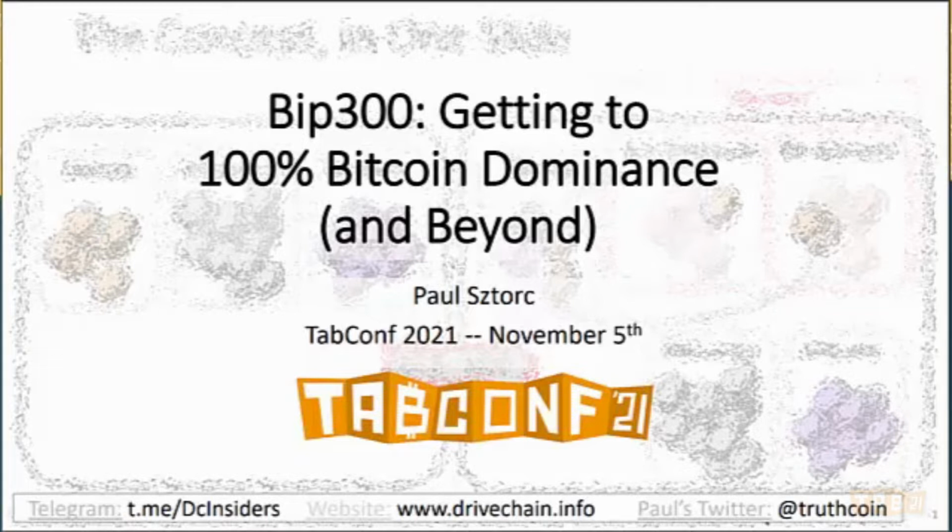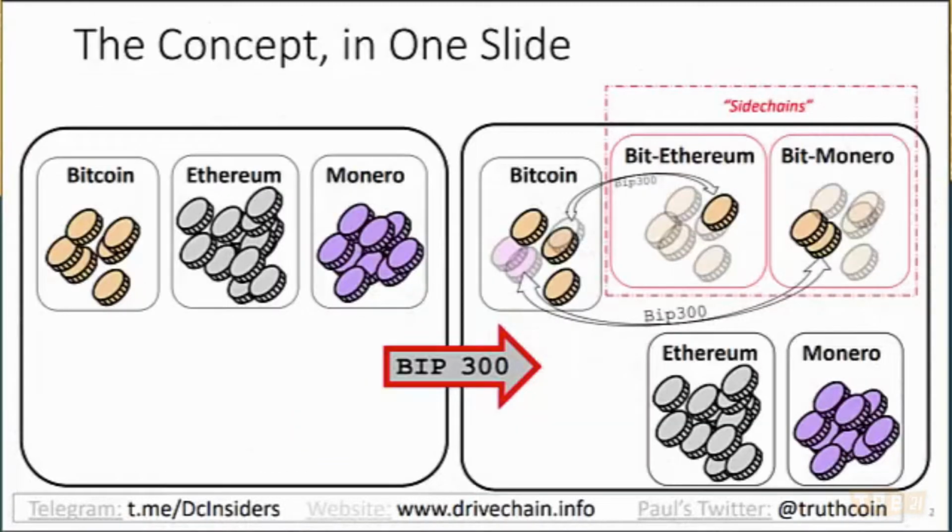Sidechains are a response to the threat of altcoins, but they're also a response to the desire of Bitcoiners for creativity and innovation. The desire to try new things without asking for anyone's permission. So how do we let everyone try the ideas that they like, and how do we keep other people's bad ideas away from me? So here we have the world of altcoins on the left, and then we have the revenge of BIP 300 on the right.